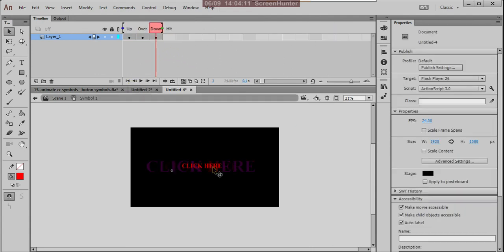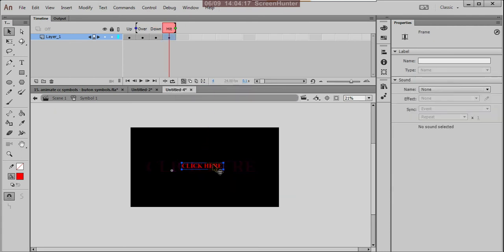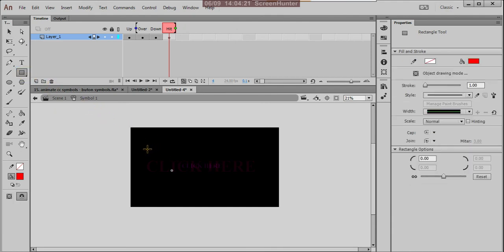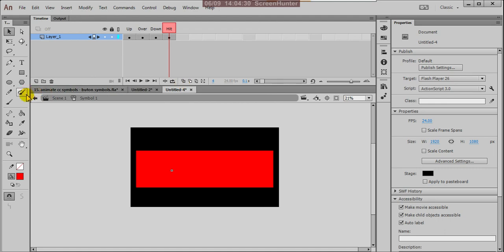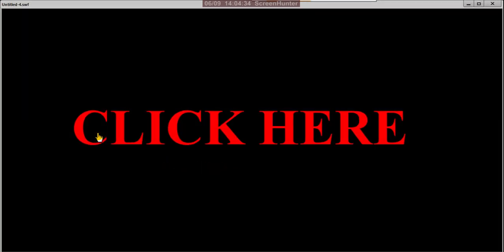Double click and go inside. There is a hit area, and right click and insert keyframe. Instead of this, delete this text. Instead of the text, give one area. This can be any color, no problem. And control enter.